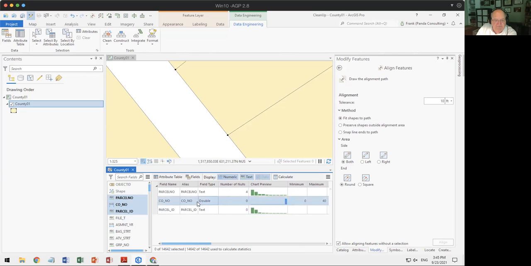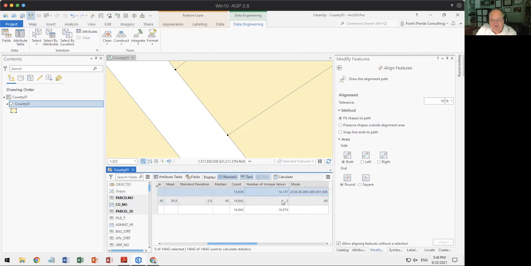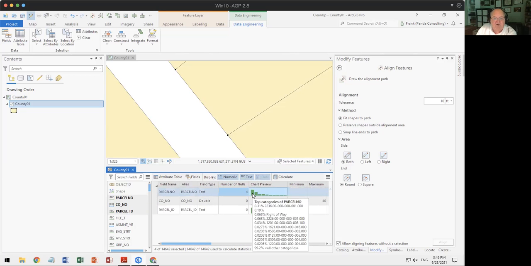And this is a double field here. On text fields, it tells me whether or not I have any null values. The reason we do this is I can determine whether I have an attribute field that's being used or whether it has a whole series of null values. One of the things that I absolutely love, and that Esri has done remarkably well, is that I can take any of these fields, number of unique values, and if I right click and say select all of these values, it will automatically select for me